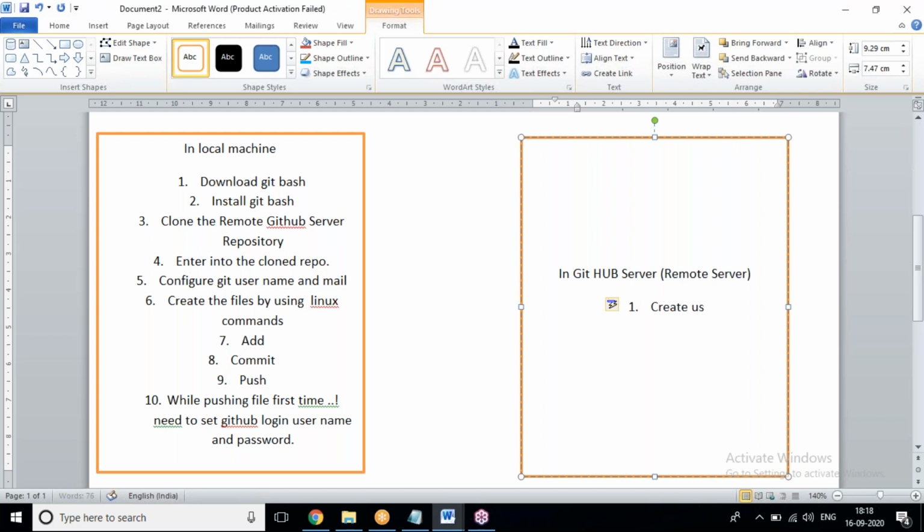One, create user account. Create a repository.